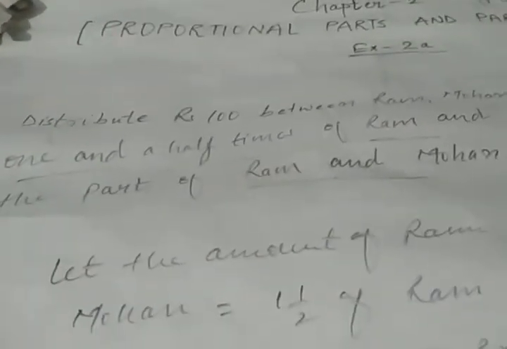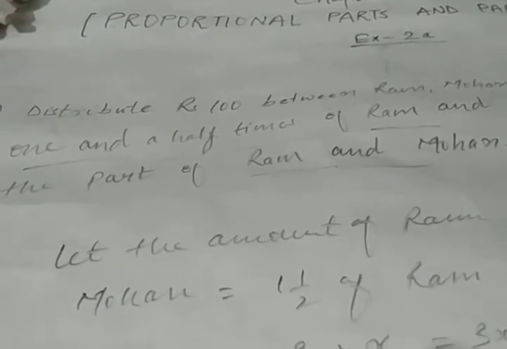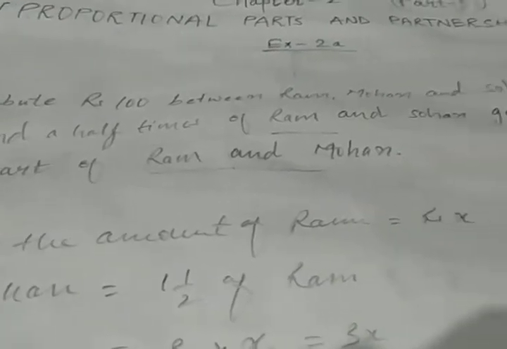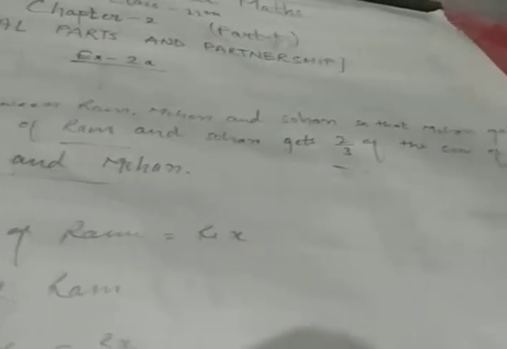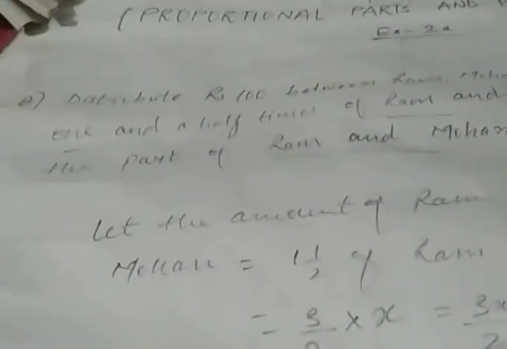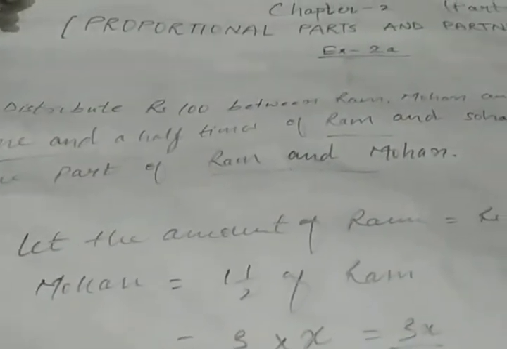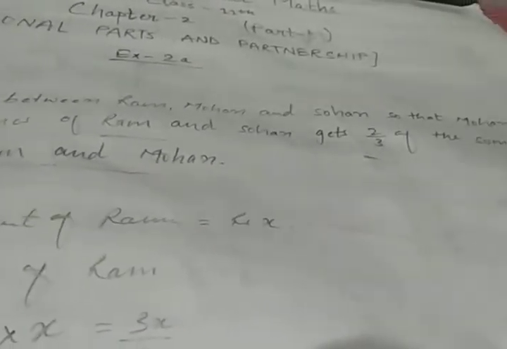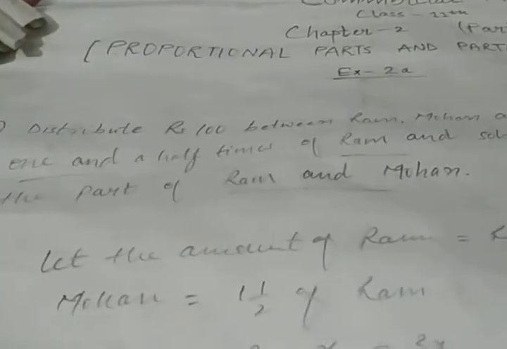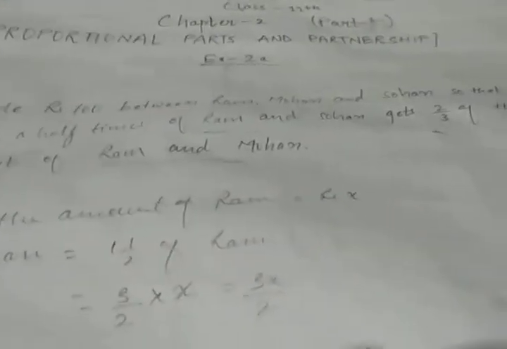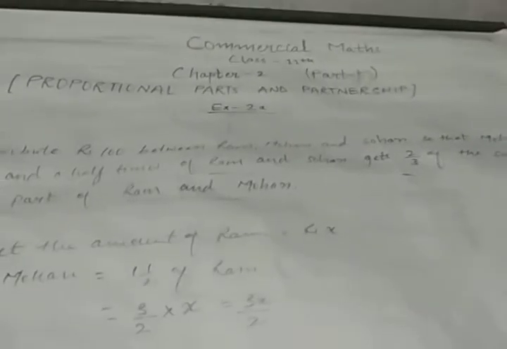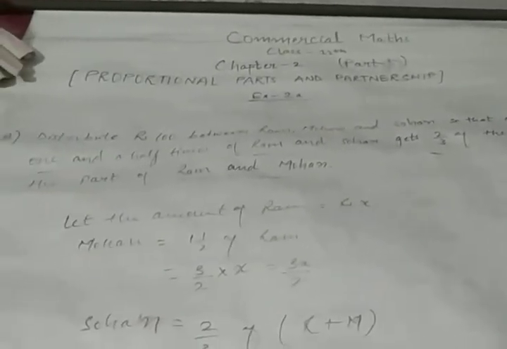The question number is 8, and the question is: distribute rupees 100 between Ram, Mohan and Sohan so that Mohan gets 1.5 times of Ram, and Sohan gets 2/3 of the sum of the parts of Ram and Mohan. Then the lowest amount